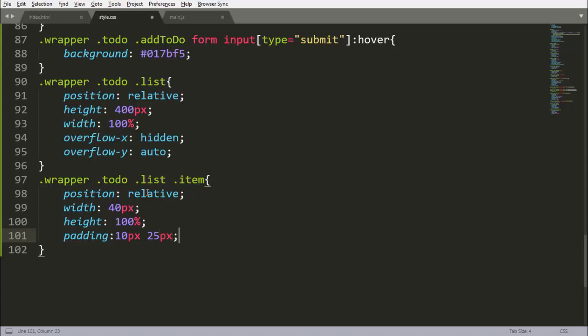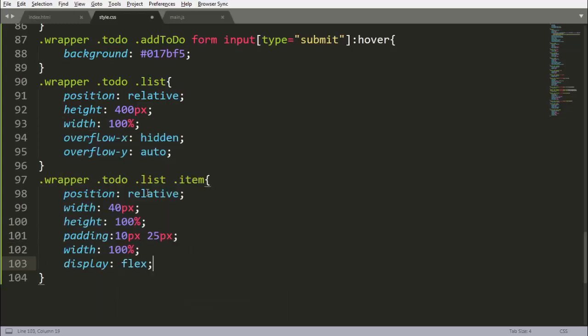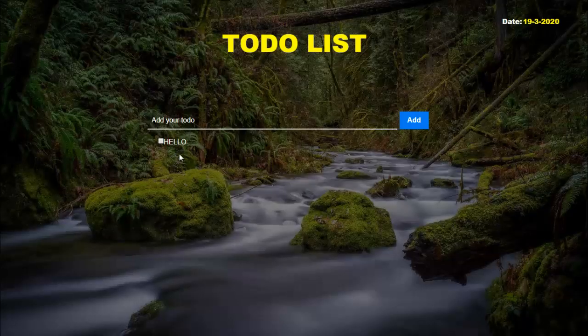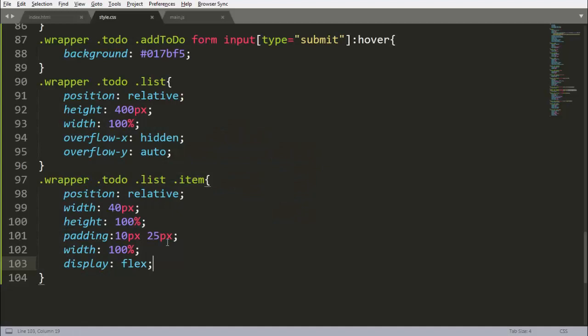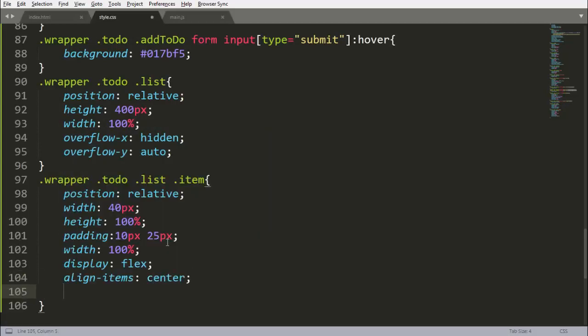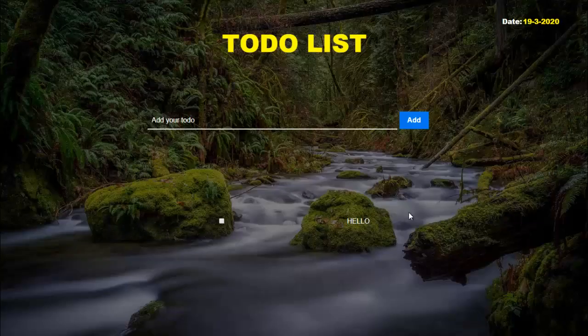Width will be 100% here, and display will be flex here. Whenever I reload it, see that it displays flex here, and align items will be center, and justify content will be space around. Reload it, see that now we are getting it like this.